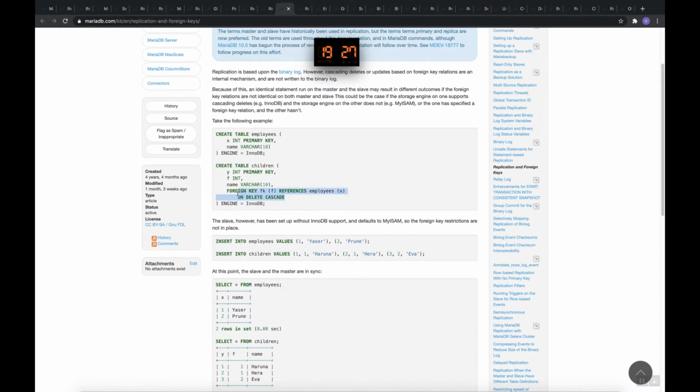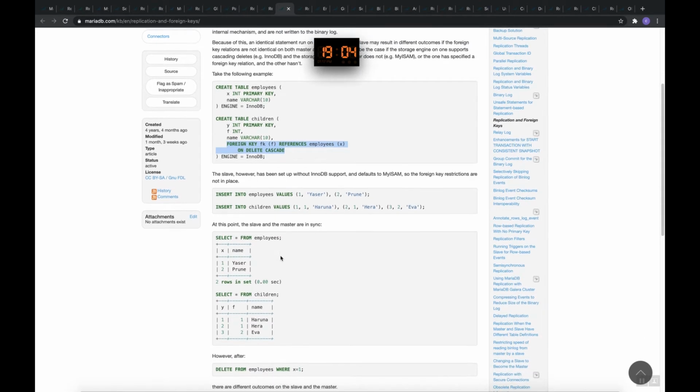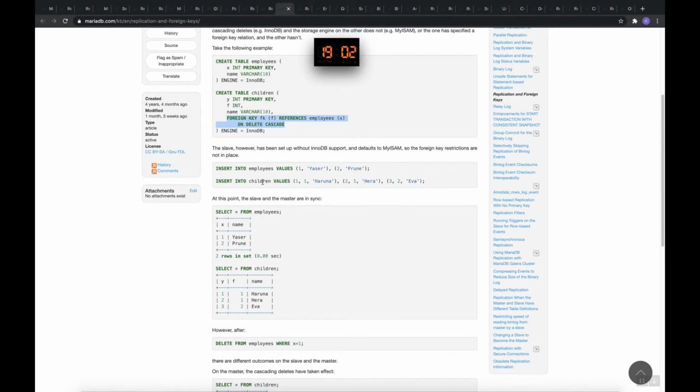So basically what does it mean? Cascade means if your object has certain data and you want to delete that object end to end, you have to use cascade. In that case it will delete everything. If you don't do it, it will just remove the reference of the object, but it won't delete it, and your files still remain on the disk. Then insert into children values. Here you are entering 1, 2 with 1 and 2.